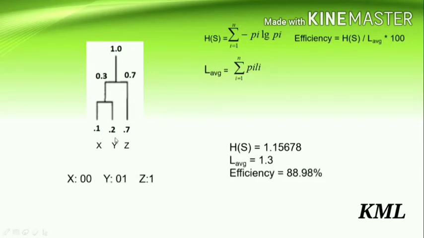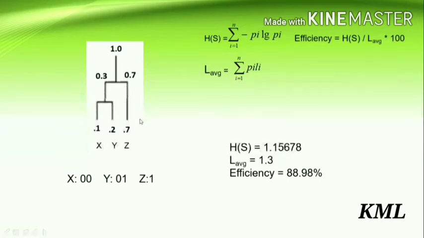Take the two minimum probabilities 0.1 and 0.2. Okay, so add them together, we get 0.3. So create a parent with the sum of these two probabilities and make these two the left and right subtrees of the new parent. Okay, so we get 0.3 here. Now we have 0.3 and 0.7. So these are the only probabilities remaining, so add them together, we get 1. Okay, so this is the new parent and the left and right child are 0.3 and 0.7.